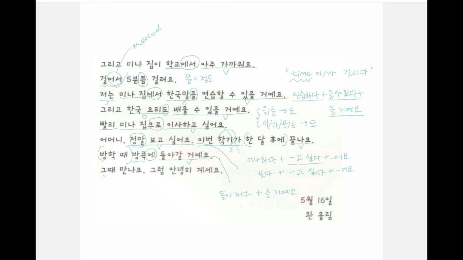그때 만나요. Let's meet then. 자, again, it looks like the statement ending. However, we should interpret it as propositive. 그래서 let's meet then. 그럼 안녕히 계세요. Goodbye then. 그리고 여기 date 있죠? 날짜 5월 16일. And then the writer who wrote this letter. one 올림 있어요. This is a way to finish the letter,